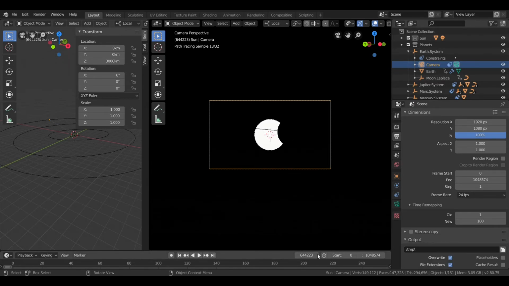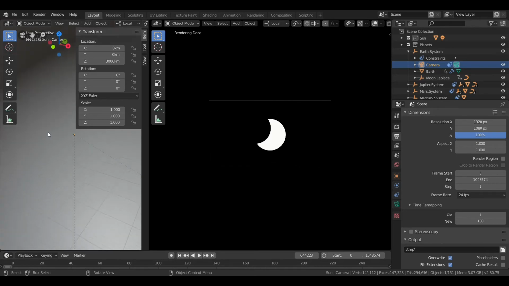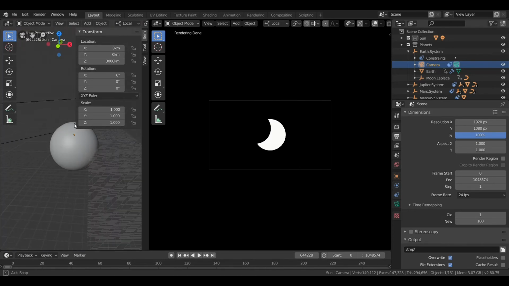See the moon passing in front of the Sun. Now, if I zoom in on the camera, you can see that we're now kind of viewing it from the northern hemisphere, which is where that solar eclipse was visible anyway, so it works out.